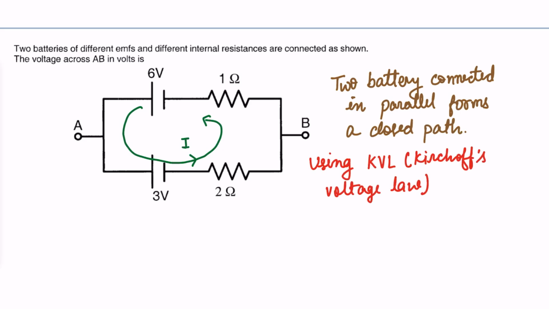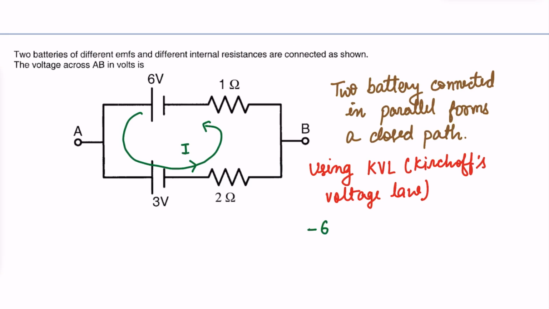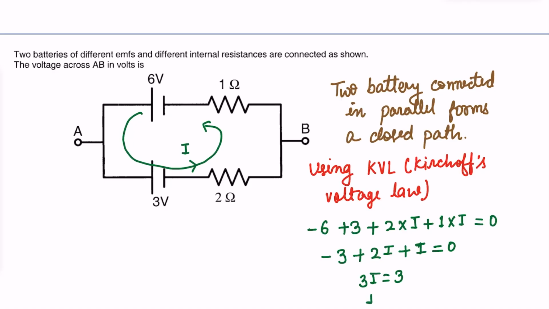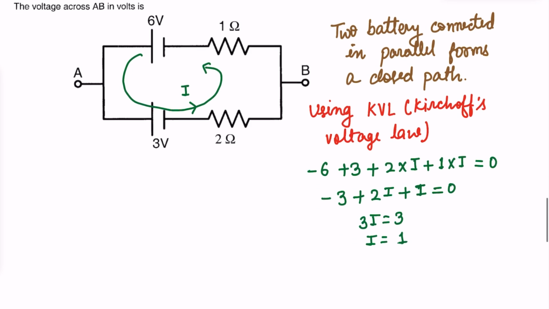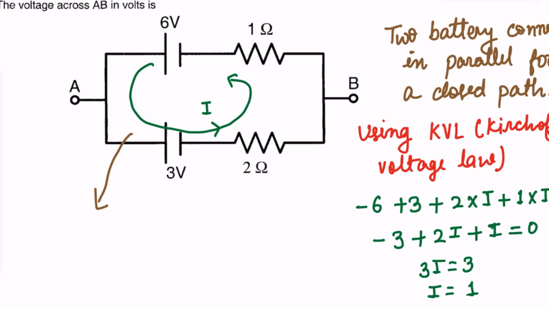So we will use Kirchhoff's voltage law to find the value of current I. We'll write the expression minus 6 plus 3 plus 2I plus 1 into I equal to 0. So this will become minus 3 plus 2I plus I equal to 0. So 3I equal to 3, I will be 1. So current I will flow through the circuit, which is the common current flowing through the batteries when they are